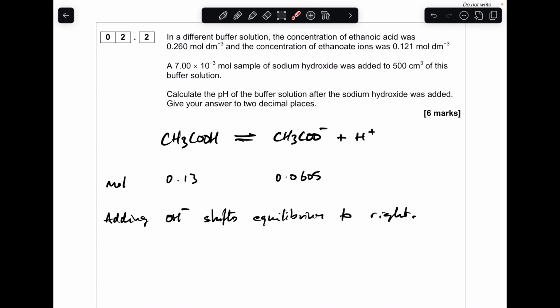Next thing we need to appreciate is when you put some sodium hydroxide into the buffer, what it's going to do is react with the H plus ions, so they're going to go down. So this system's going to shift over to the right to replace them. So the ethanoic acid is going to drop by the number of moles of sodium hydroxide, so it'll go down to 0.123. The moles of salt is going to go up by 7 times 10 to the minus 3